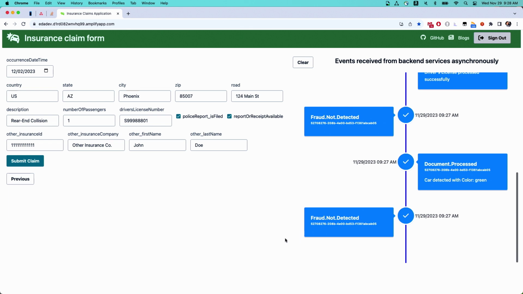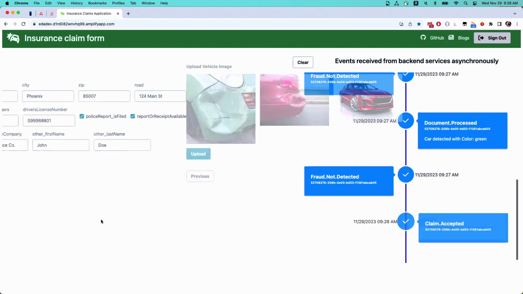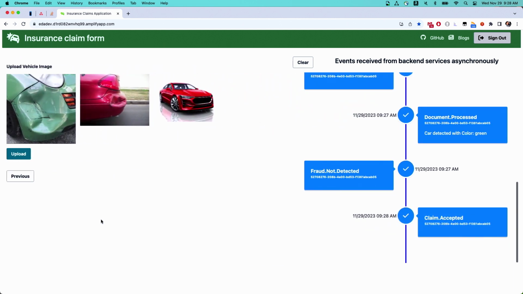the details, like where did that incident happen, whether it was a rear end collision or something else, number of passengers, was there a police report filed, and what are the information of the other insurers that were part of the incident. And then when everything looks good, you submit the claim. If there is any error, or if you provide any data that doesn't match, you'll get a claim rejected event. But this time, since we have all of the good data, we got a claim accepted event back to the